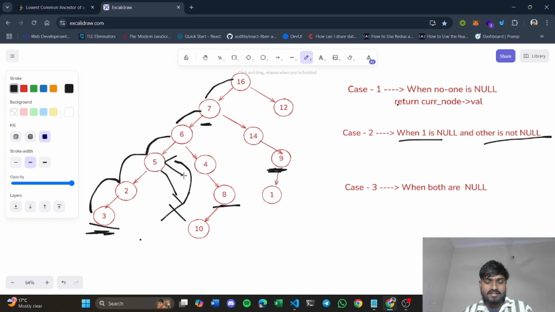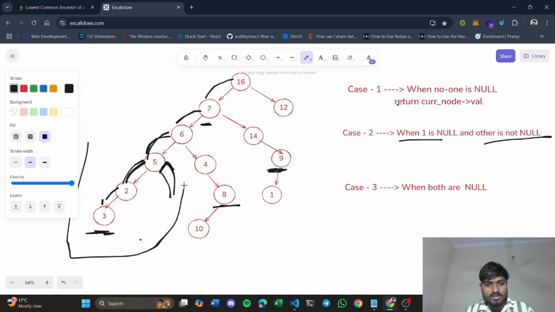So in this case, what does it mean when you find the left part is not null and the right part is null? It means you are finding one node towards its left and getting nothing from the right. So what will you return in that case? You will basically return that left node. That means you will return 3 from here. Initially you got 3 here, then you got 3 here, and you got null from this right. So you will basically return 3. That is, this part of node 6 contains node 3. So you return 3 from here.